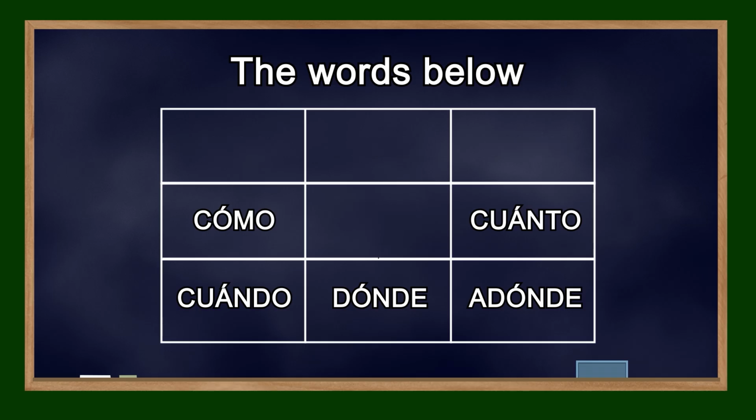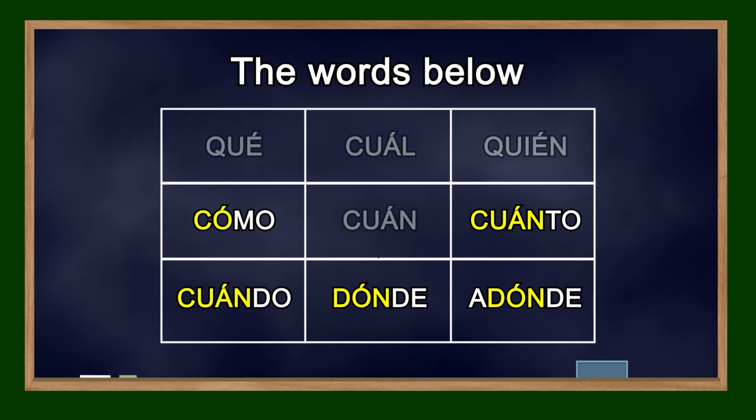In fact, the diacritic accent marks in the words cómo, cuánto, cuándo, dónde, and a dónde break the rules that we have learned. They are all palabras graves that end in a vowel. Therefore, they shouldn't have an accent mark. The diacritic accent mark is an exception to that rule, though do note that the stressed syllable in all those words remains the same.